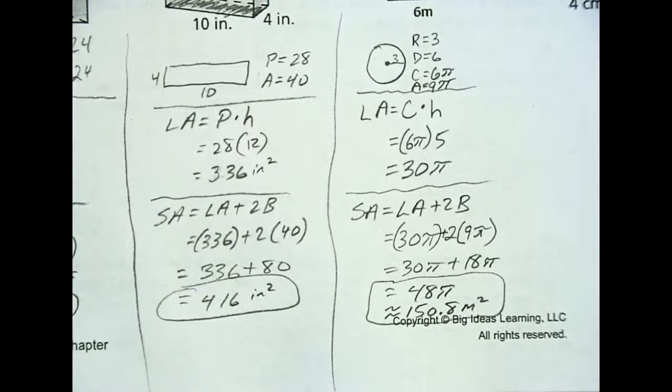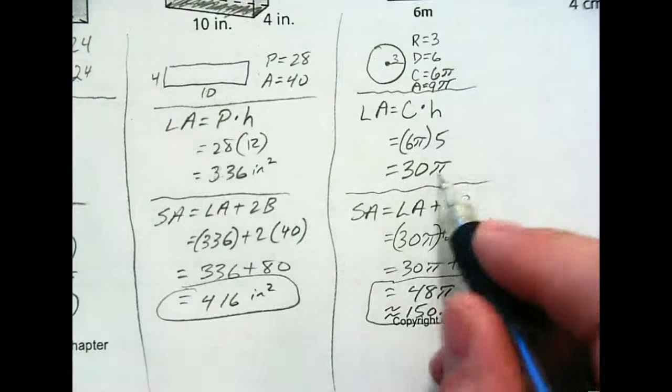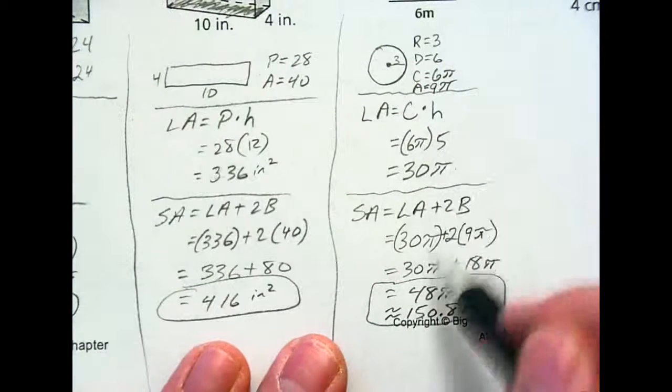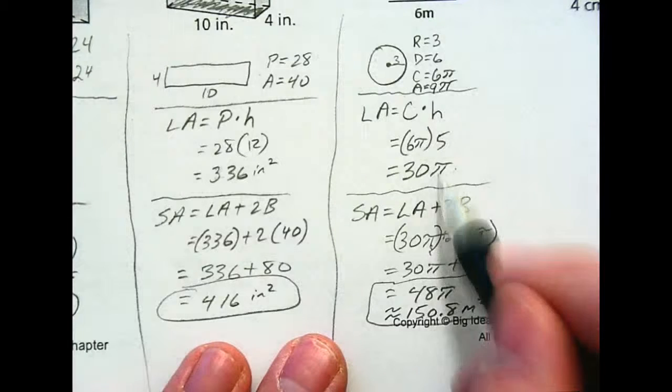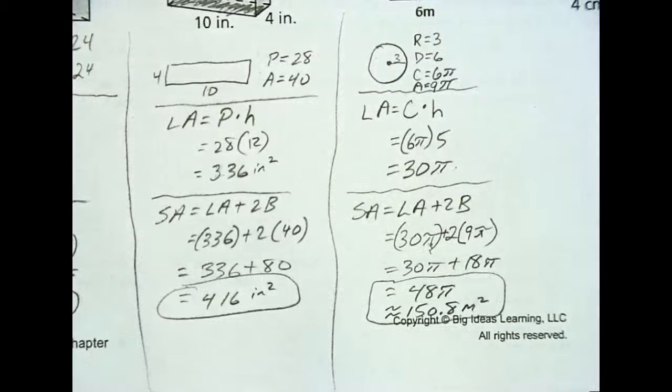Can you round the 30 pi then? You could, except you don't want to round it and plug it in right there. You want to put the exact value in there. Okay. Any questions there? So if I'm going back to this sheet,